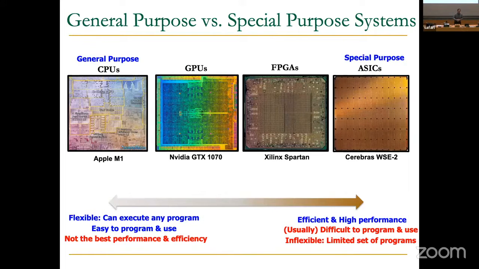But systolic arrays, basically, I've shown you this slide before. We've been talking about general purpose systems, CPUs, for a long time, and we've looked at the internals of a CPU a lot. Actually, this is not just a CPU, but a heterogeneous system on a chip. You can see that there's a GPU, a neural network accelerator, a video processor, etc. On the other hand, there's a special purpose system on the opposite end, and systolic arrays fall on that opposite end. So we're going to look at this opposite end today. Tomorrow and next week, we're going to look at this end. And FPGAs you've been looking at for a while. In the future, we may look at this if we have time.